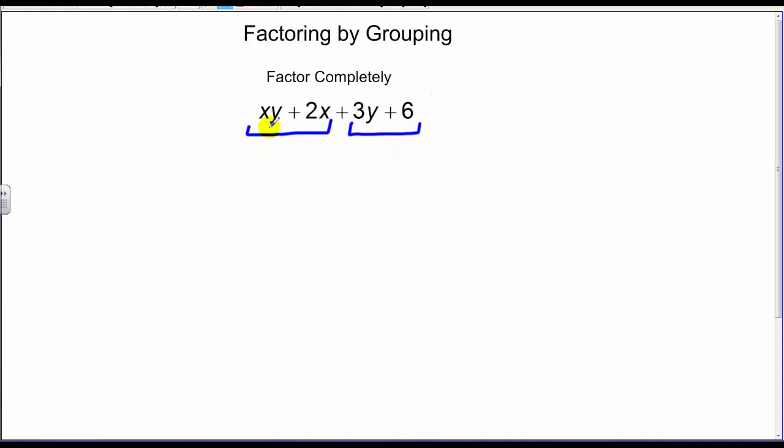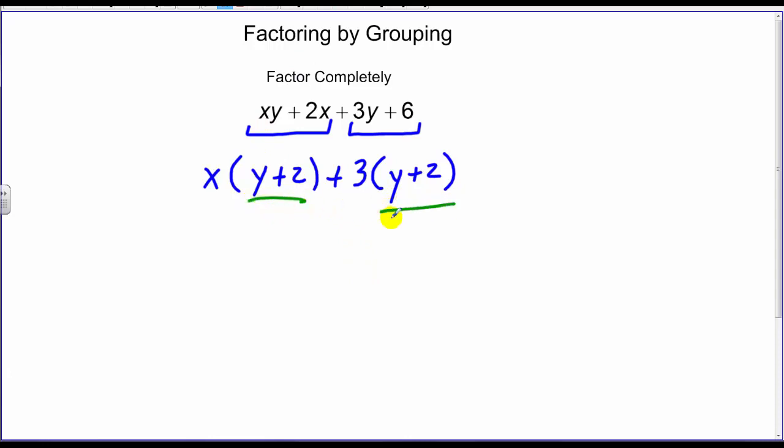If I do a GCF factoring on both, you'll notice I get x, because that's my GCF within this first grouping, times y plus 2, plus, have to keep that addition sign in the middle. 3 is my common term here, and then 3 times what is y, that's y, and 3 times what is 6, that's 2. Now, you'll notice what I have left is a term in which there's another greatest common factor. So I could actually factor out that y plus 2